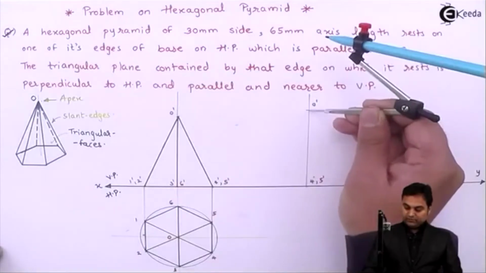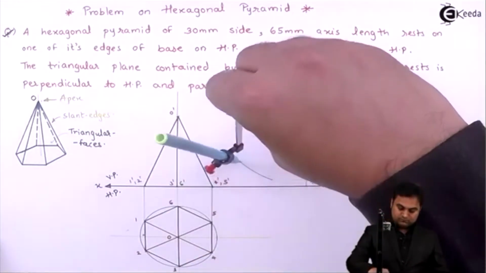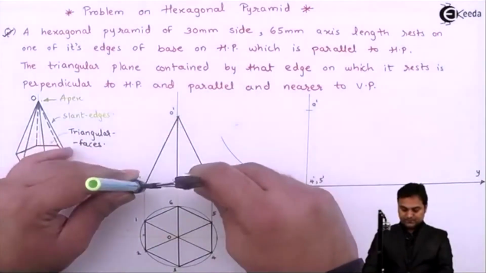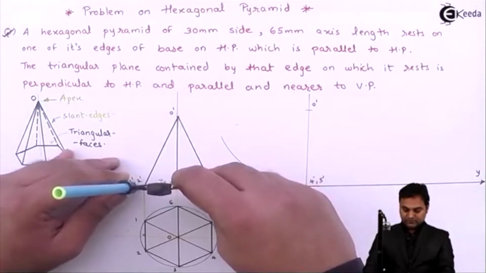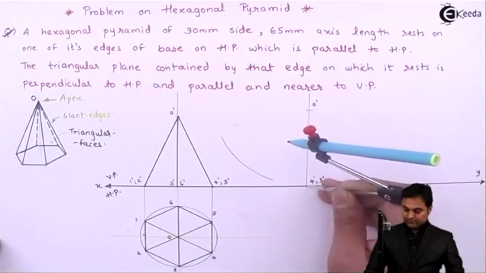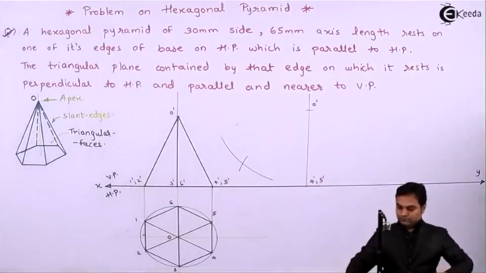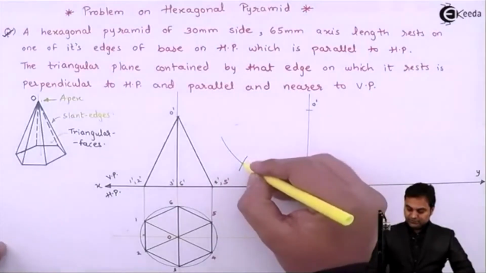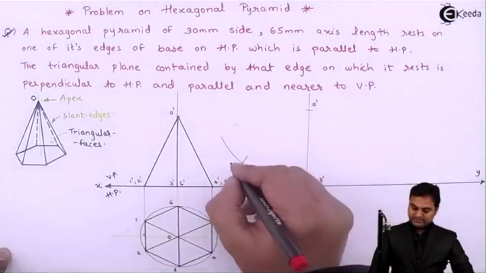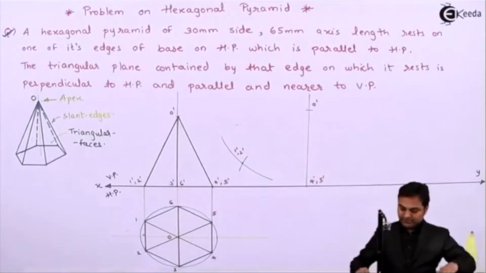I'll draw an arc from the apex. Next, measure the base from 4 dash 5 dash to 1 dash 2 dash and cut it from 4 dash 5 dash. Here I am getting the intersection point, and this point shows 1 dash 2 dash. So drawing that pyramid,